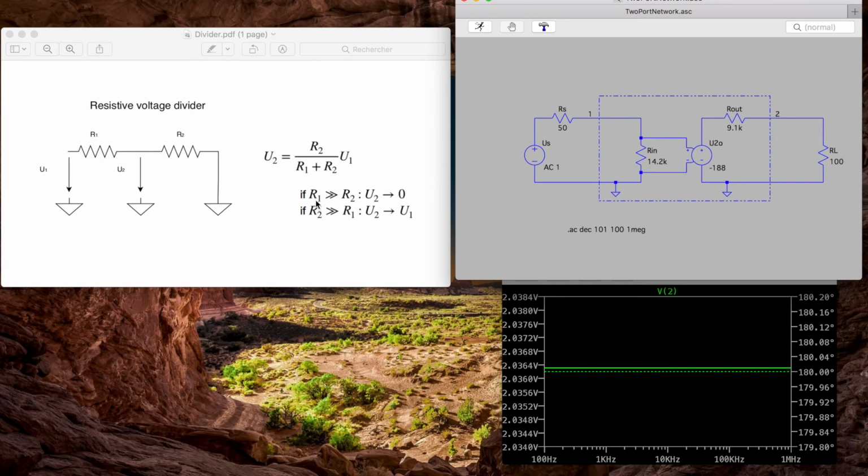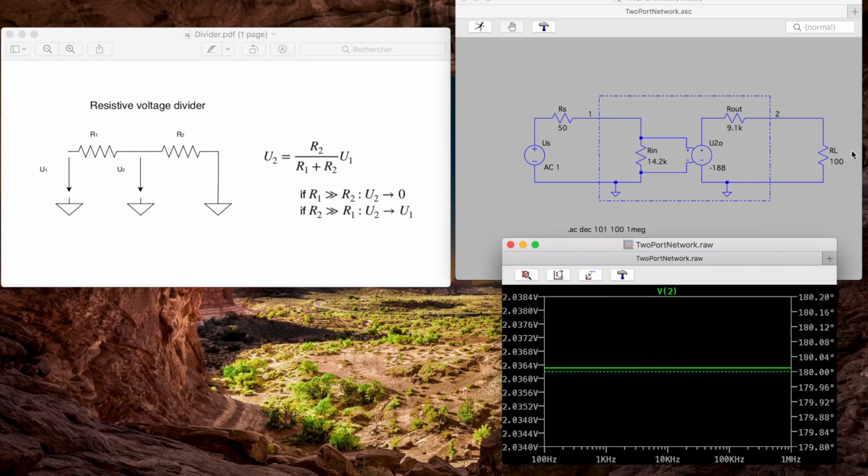If R1 is larger than R2, U2 will be attenuated, and we don't want this in an amplifier. So in an amplifier, we will prefer a small R out to have this U2 quite equal to this U2O. Then in an amplifier, we also prefer a big AV here, so it's logic,